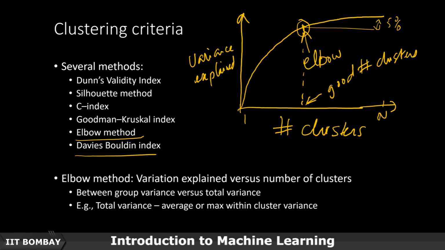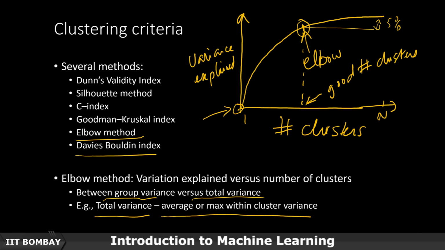So what is variance explained, right? Basically what we are looking at is between group variance versus the total variance. Okay. And it could be, for example, total variance minus the average or max variance within the cluster, right. So if we look at the total variance of points and we look at total variance of one cluster, we take their difference, we will get a zero difference, right, because there is only one cluster. The total variance of the data points is the same as the variance of that single cluster, so we